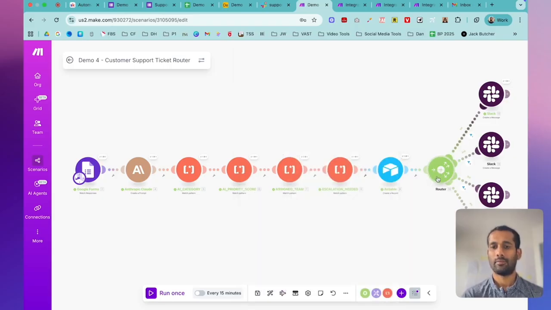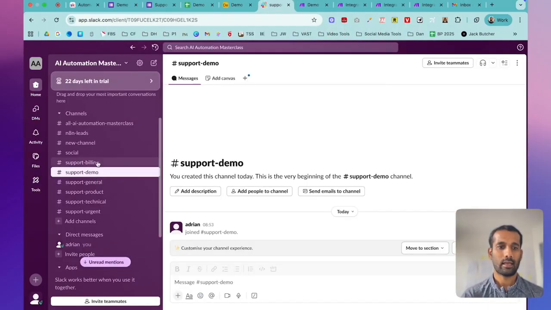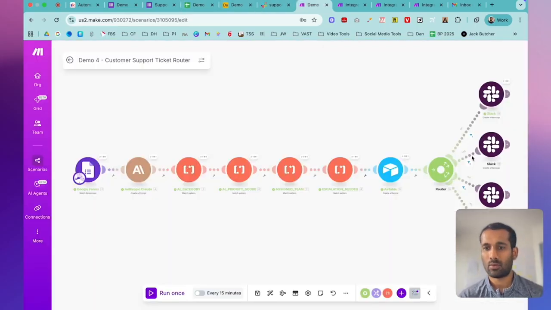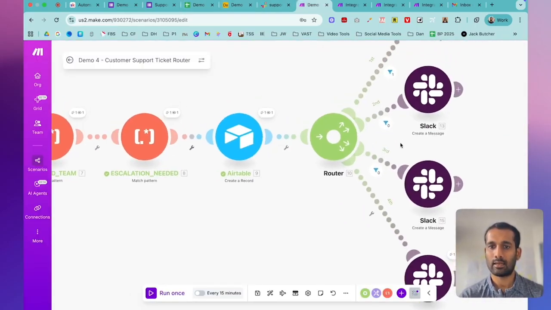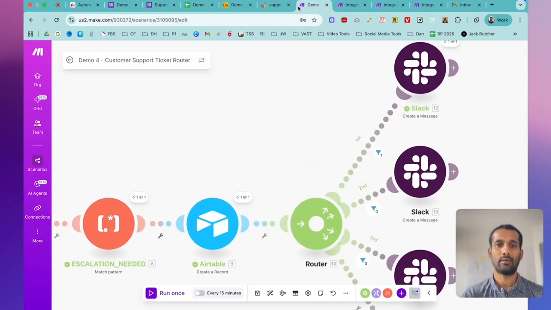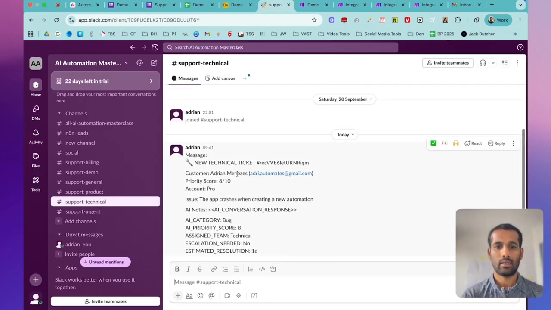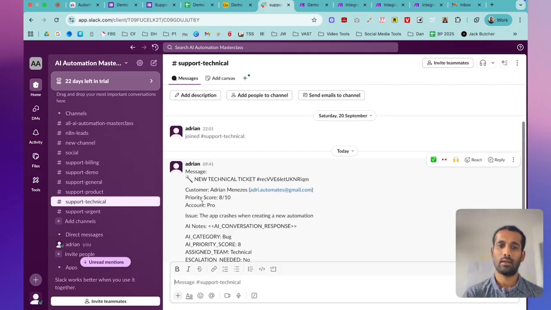And here is our router. We will check that in Slack. So as we can see, this message was routed to the first channel, our technical channel. So if we come into Slack and we go to technical, you can see that we have a new ticket that's come through. So it shows the AI notes. We could format this, but this is basically Claude's response,